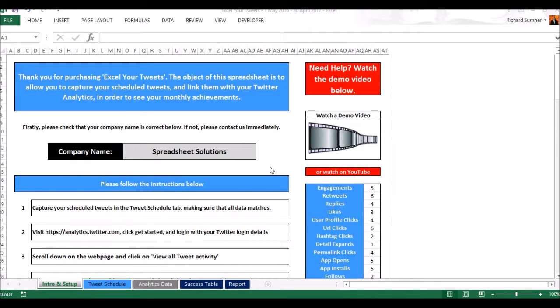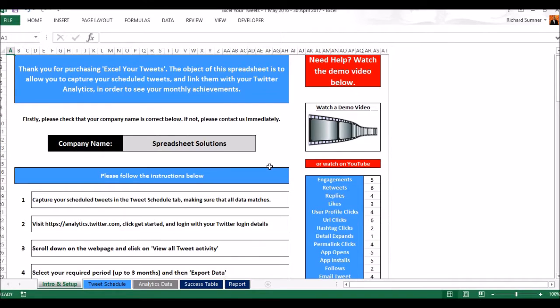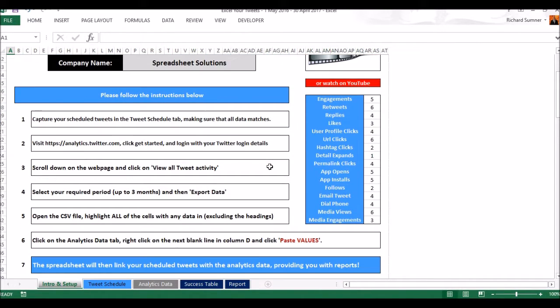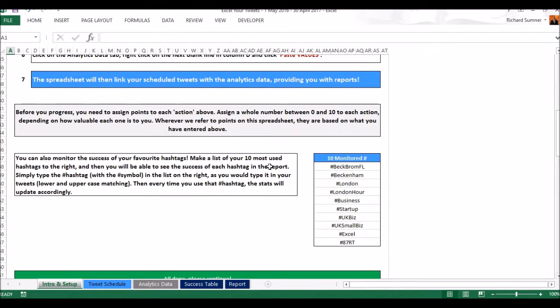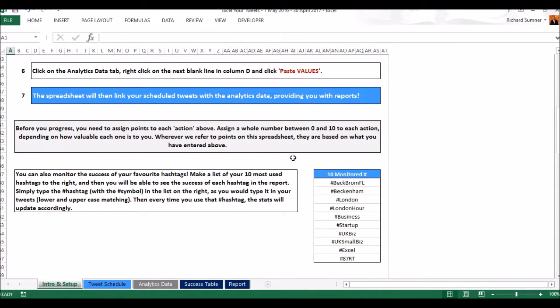And just before you go, there's one last thing I wanted to show you. We've received a request to do an upgrade, which I've done, so I want to show you what that upgrade entails. Now on this intro and setup sheet, you can also add in your top 10 hashtags. The idea here is to add in either the 10 that you most often use, or at least the 10 that you want to monitor,